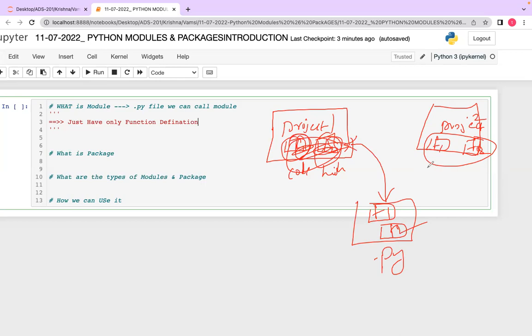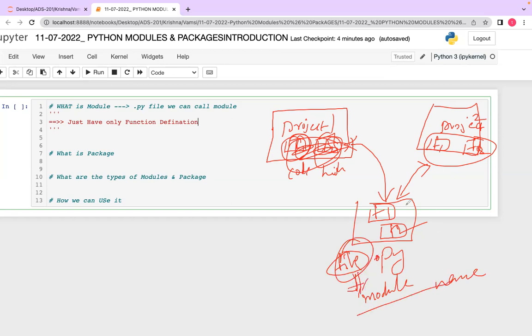In the same way, project two might also require the same functionalities, then simply we can access them from this particular module.py. Here, whatever file name we have, this is a Python file, and this is what we call the module name. Whatever the file name with the extension .py, that is the module name.